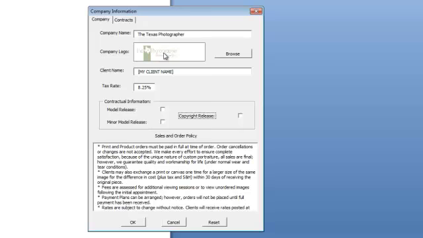The company logo, wherever that is, if you browse and find your company logo, it saves it in there for you. Your tax rate, you put in what your tax rate is for your area. It's kind of common stuff here. Your company's name, your client's name, just for kicks and fun, I'm going to use Honey Boo Boo. Why not? And since she's a minor,